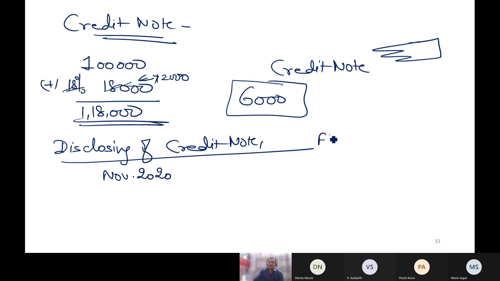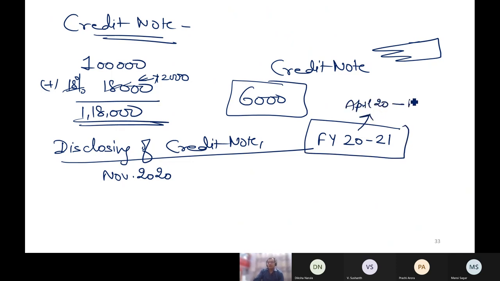My financial year is 2020-21. If I say 2021, I am saying April 20 till March 21. Of course, everyone knows that it is from 1st April to 31st March 21. During this year, in November 20, I got to know of some credit note and I issued that. So whenever I have to file the monthly return of 20, in that return